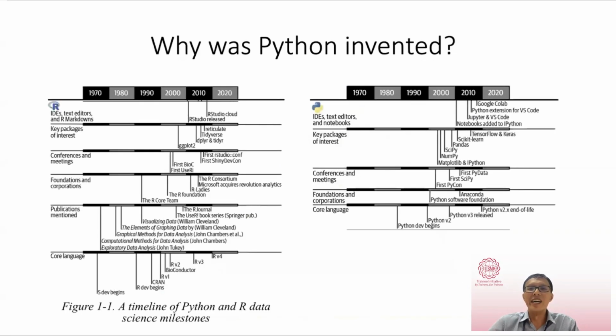I thought I would share with you some of the timelines of when R or Python was developed. R was actually first developed in the 1970s, basically for two primary reasons: data visualization and statistical analysis. As you can tell, a lot of the R packages do all of these statistical analyses as well as data visualization very well, even much better than Python.